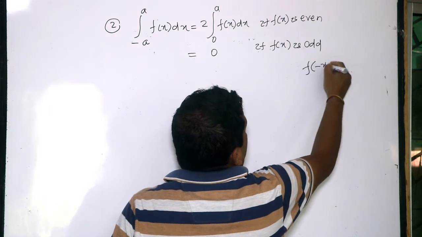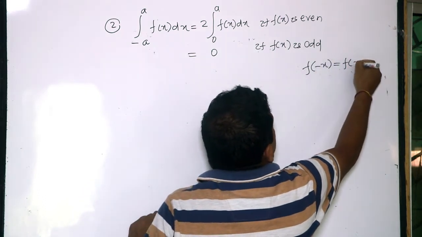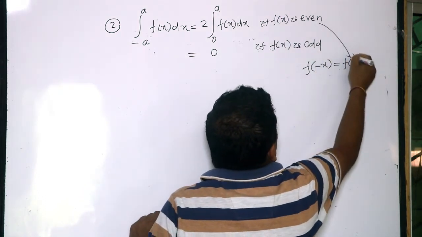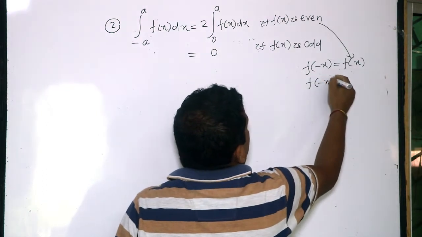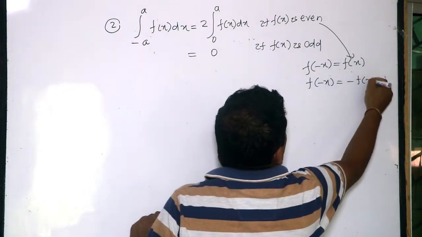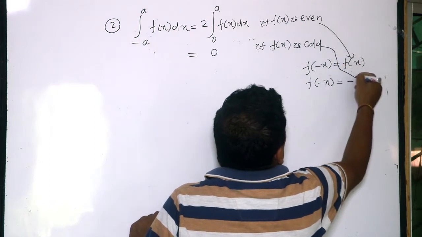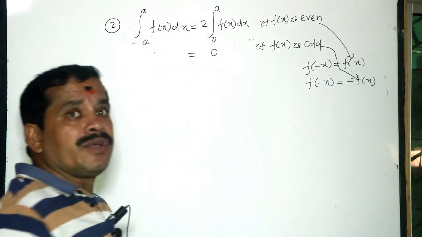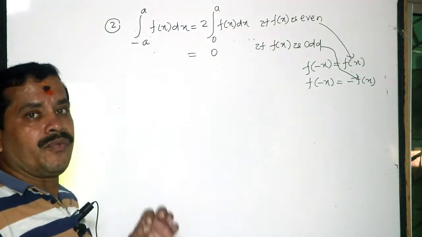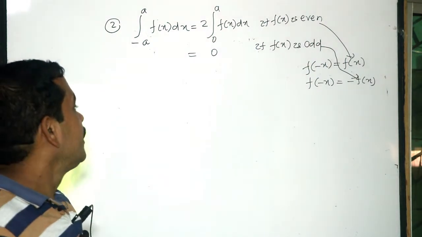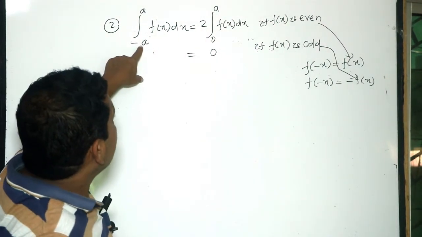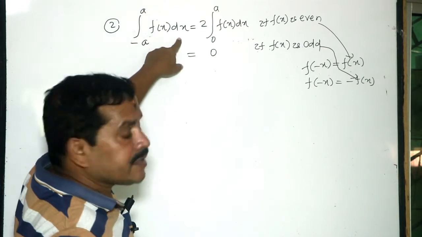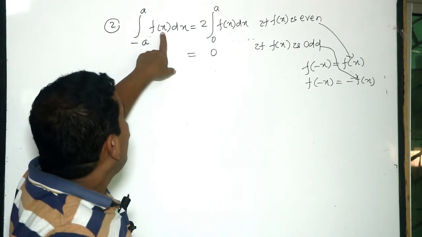If f of minus x equals f of x, then it will be an even function. And if f of minus x equals minus f of x, that is an odd function. So first we have to determine whether the function is odd or even. When the integration is from minus a to plus a f(x) dx, first we have to check whether the function